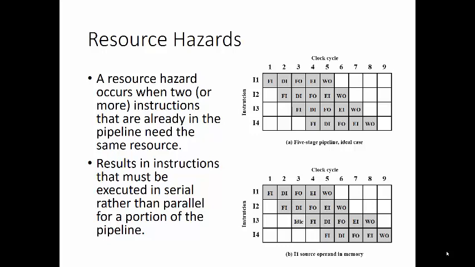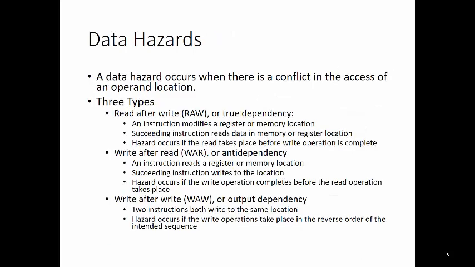Let's turn our attention to data hazards. A data hazard occurs when there's a conflict in the access of an operand location. There are three types. One is read after write, or true dependency. So here an instruction modifies a register or memory location. The next instruction reads data in the memory or the register location. And the hazard occurs if the read takes place before the write operation is complete, because we don't have the